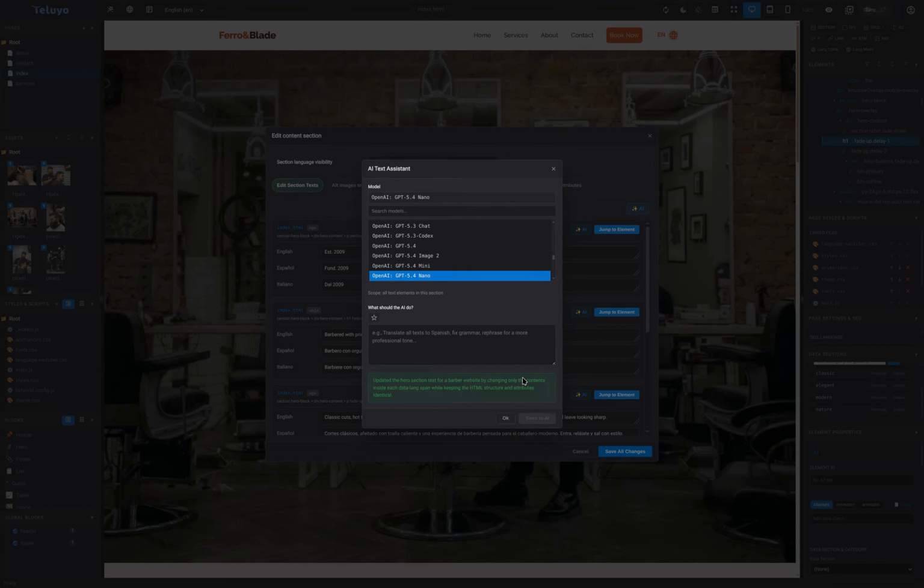That's it! You have just learned how to connect AI features to the web builder using OpenRouter, securely configure your API access, and start using AI tools to speed up content creation, styling, and overall website development. With everything set up, you can now build websites faster